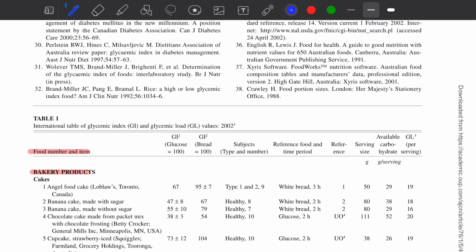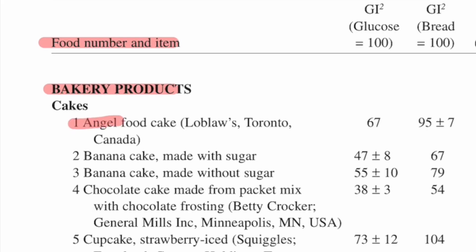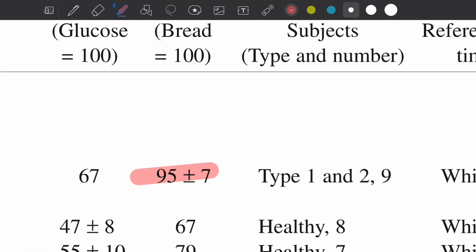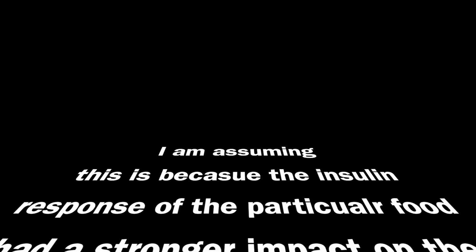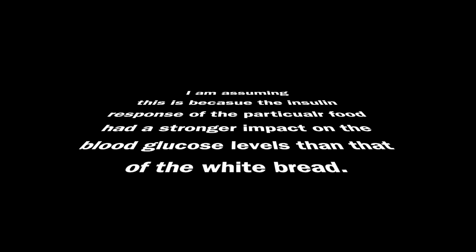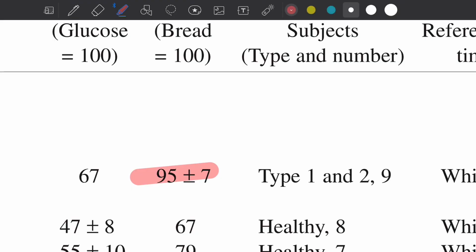So this is how you read it. You have a food in front of you that you don't know if you can have or not, and you're sitting there, and it's an angel food. You look at it, and you say, okay, it's against white bread, and it's a 95 plus 7 minus 7. This is what I was trying to tell you earlier in the video before we jumped to the iPad: yes, your values can go over 100. And then you have your value of